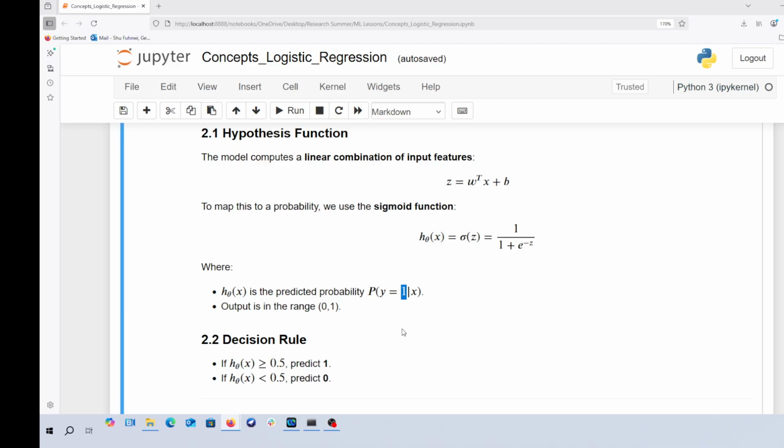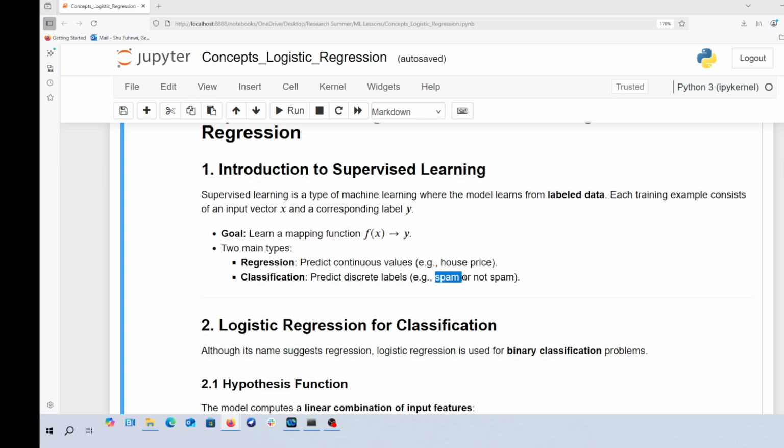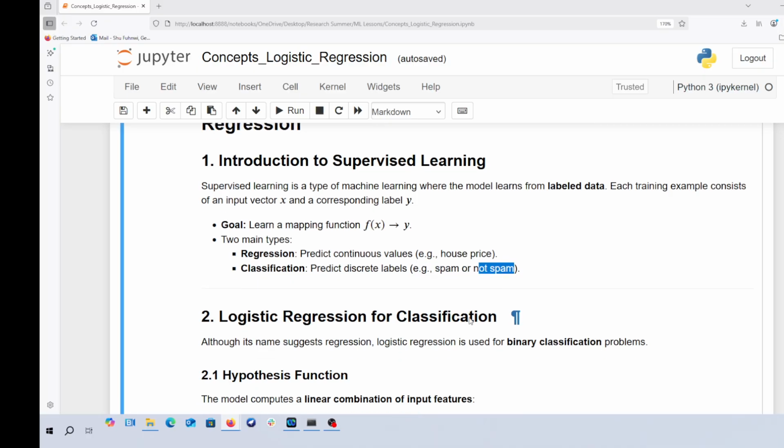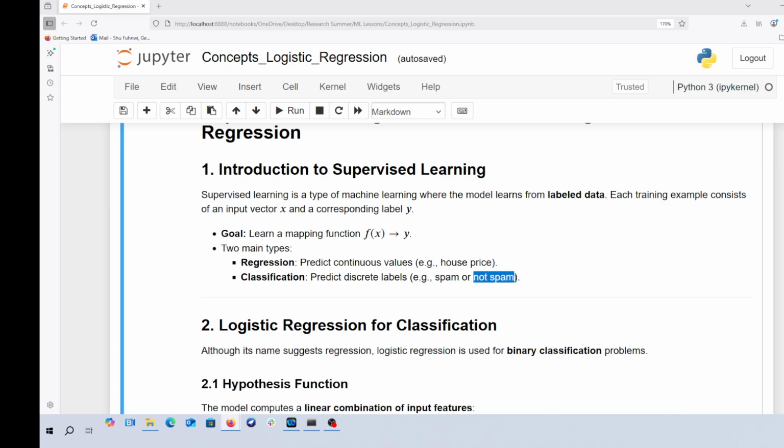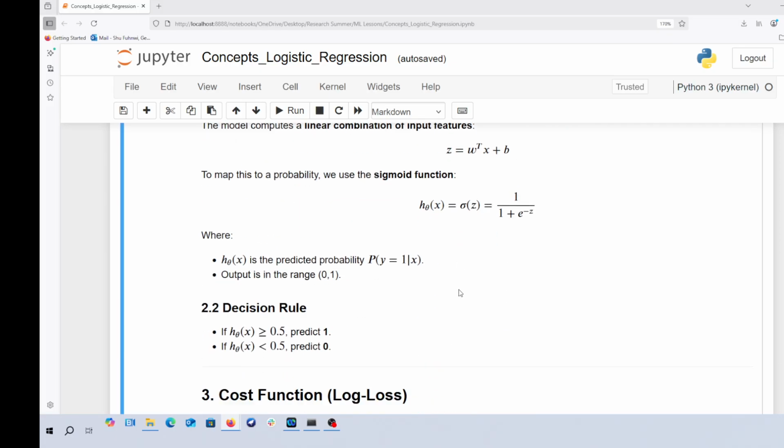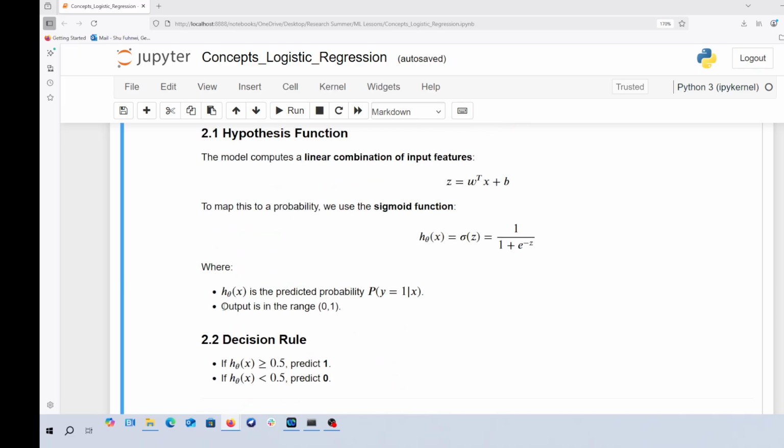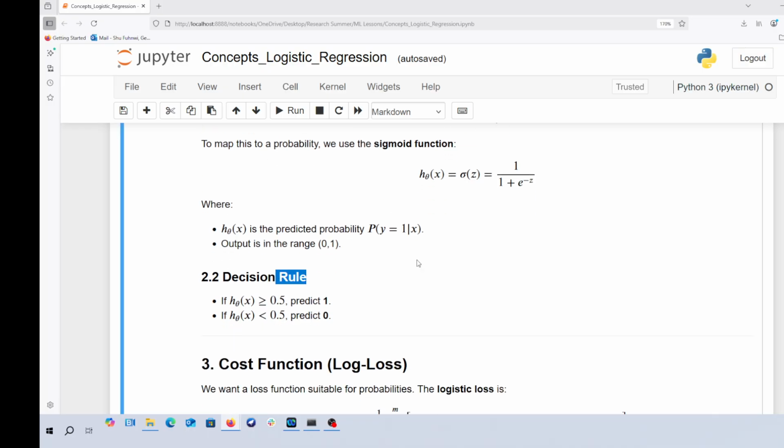Most of the time we are looking for the positive class, which we define as even numbers in that case. In the case of our spam detection problem, if a message is spam, we are going to give it a 1. If it is non-spam, we are going to give it a 0. That is how we are going to be labeling this kind of data when it comes to binary classification problems. What we have to note here is that this sigmoid function can only give values in the range 0 to 1. So the decision rule for this sigmoid function is: when we obtain any value greater than 0.5, we are predicting that